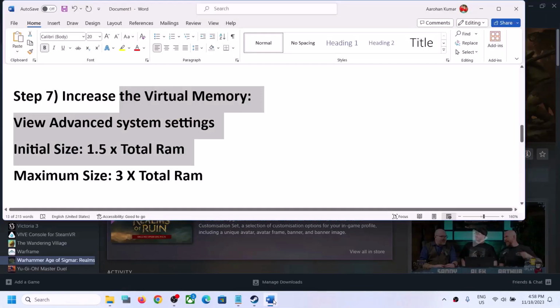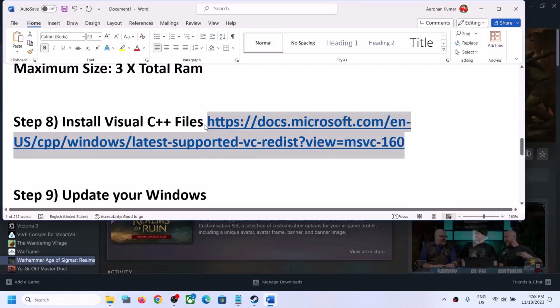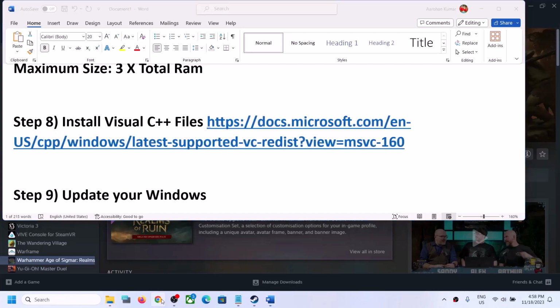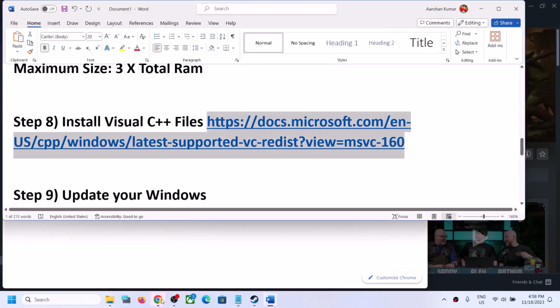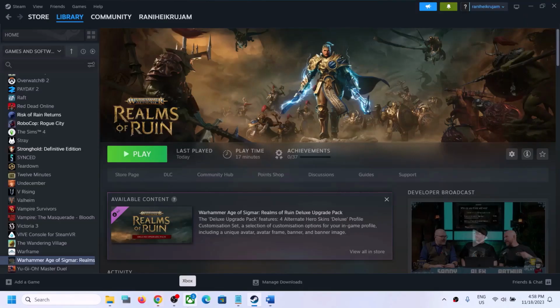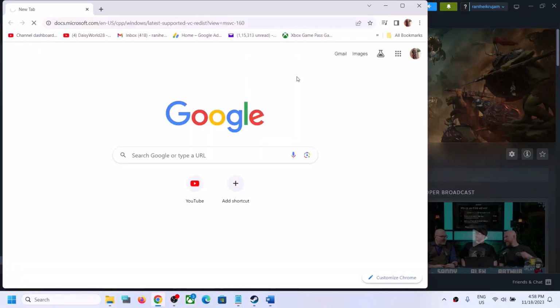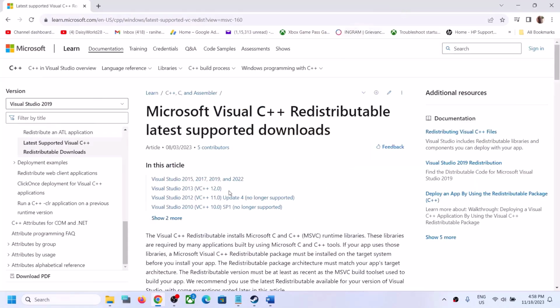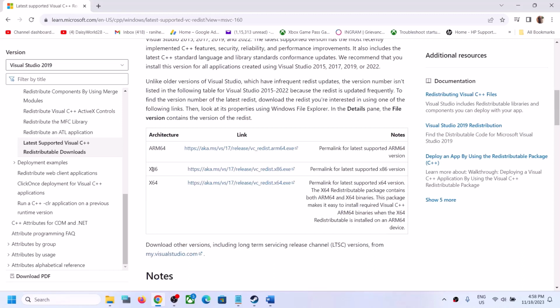Now the next step is to install Visual C++ file. For this, copy this link. The link is provided in the video description. Open this link in a browser. It will take you to Microsoft website. Now over here you can see Visual Studio 2015, 17, 19 and 22. Download x86